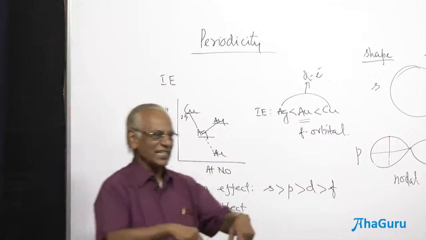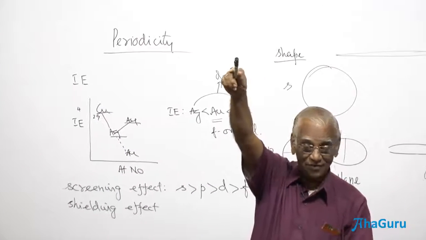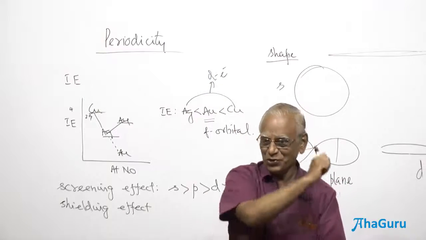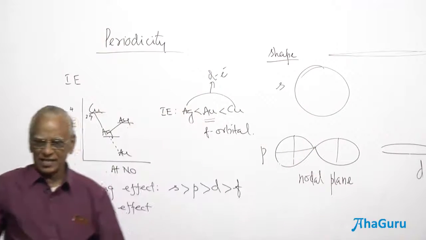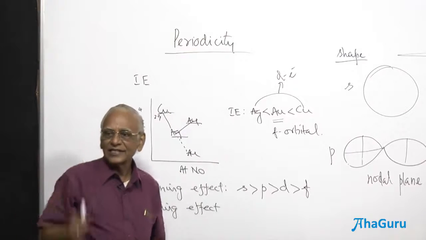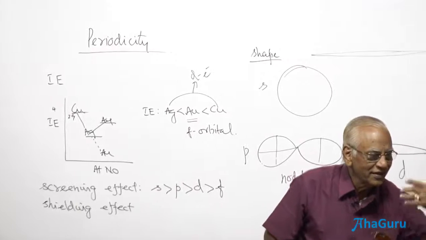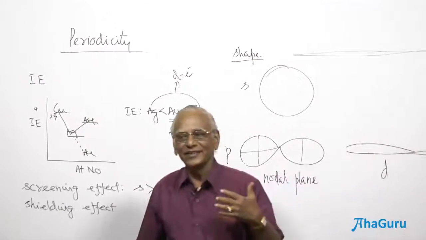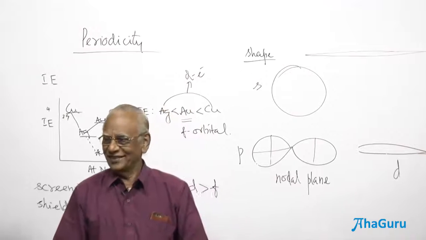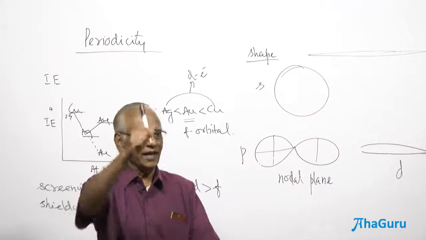Now, what should be the second statement, which should also be true, and it should explain why the first statement is true? I am asking a new question now. What should be the correct second statement, which should answer the first statement? What is the first statement? The ionization enthalpy of gold is greater than that of silver. Because of increase in effective nuclear charge, and the effective nuclear charge is due to the presence of f electrons. Therefore, it accounts for the first statement. Therefore, answer is A. Make a note of it.